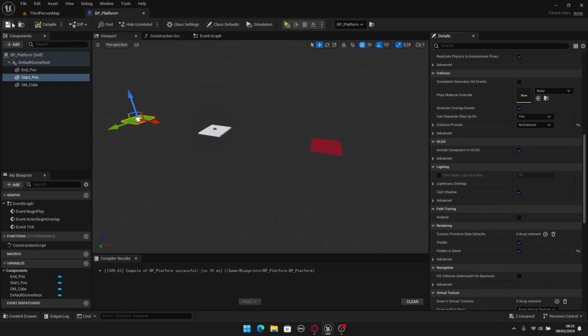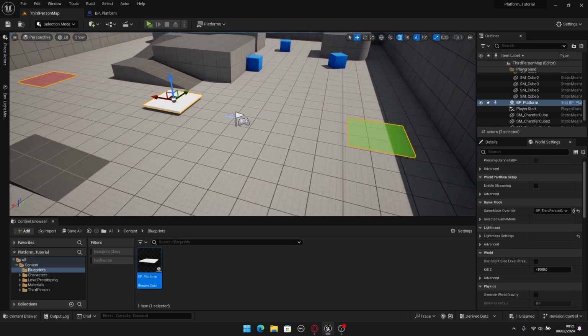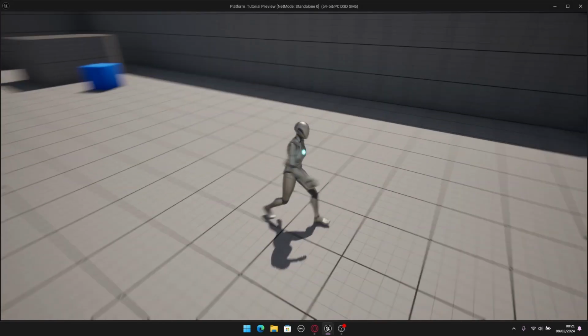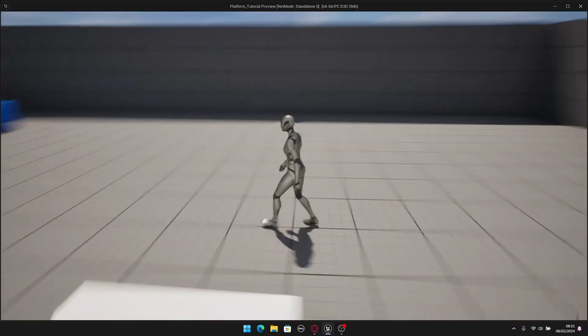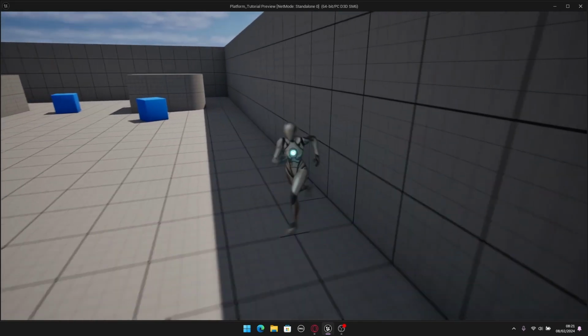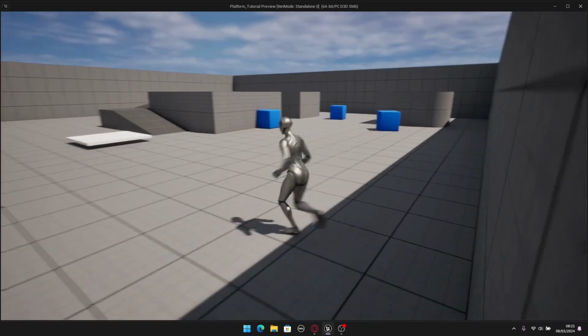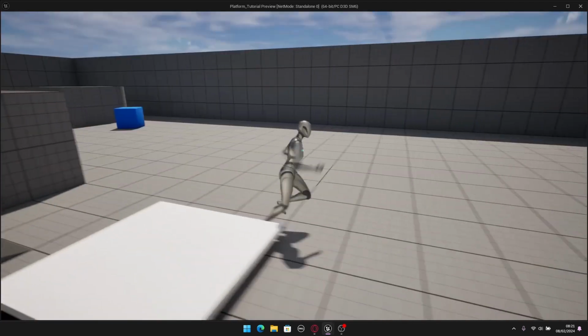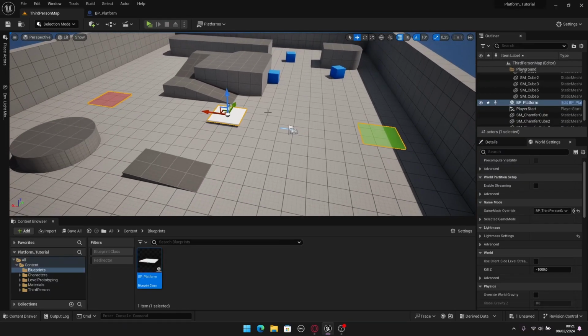Let's compile and save. And now we can see the previews in the editor, but if we hit play, we are not seeing this. That's what we want, and we don't have collisions. As you can see, we are not colliding, but we can collide with this. Okay, now we can create the logic for the